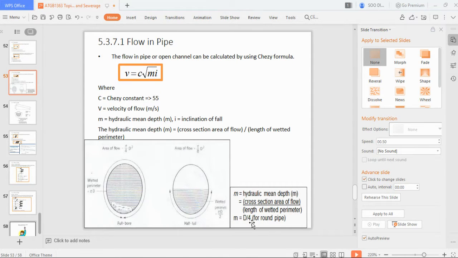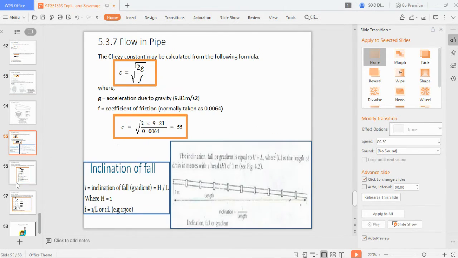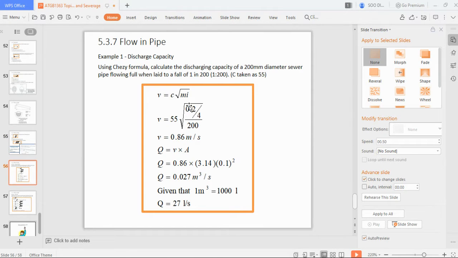So this is already simplified. M equals D, the diameter, divided by 4. It's simplified from the full bore and half bore formula to this. So in the case of a round pipe, you can always assume that your hydraulic mean depth is D over 4. Coming back to your example with D over 4, you substitute your D with the diameter of